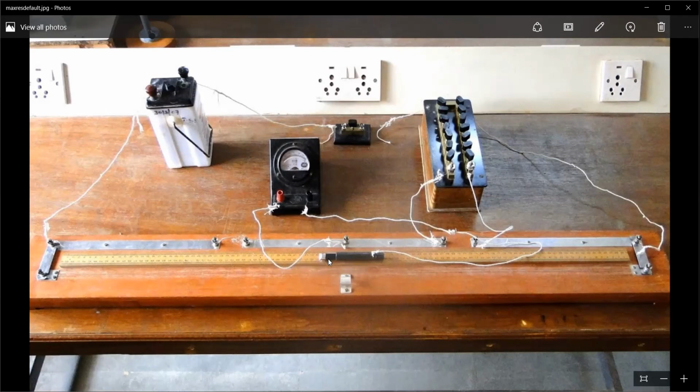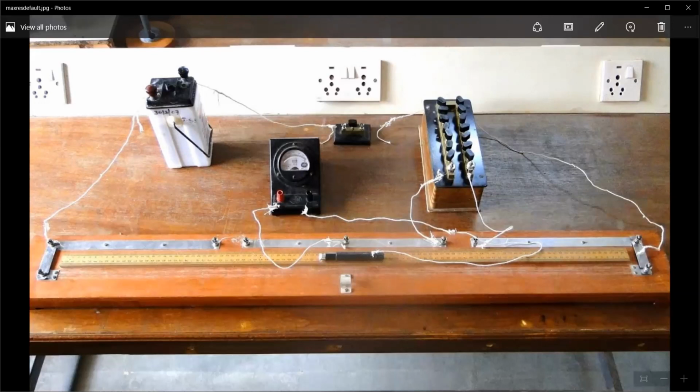Jockey. This will be slid on a wire. A wire will actually be present here. I don't know why they have not shown it in this diagram. On this wire, you will be moving this jockey. The replication of this is what we are going to see in the textbook. Guys, before that, are you clear with whatever points I have shown you?